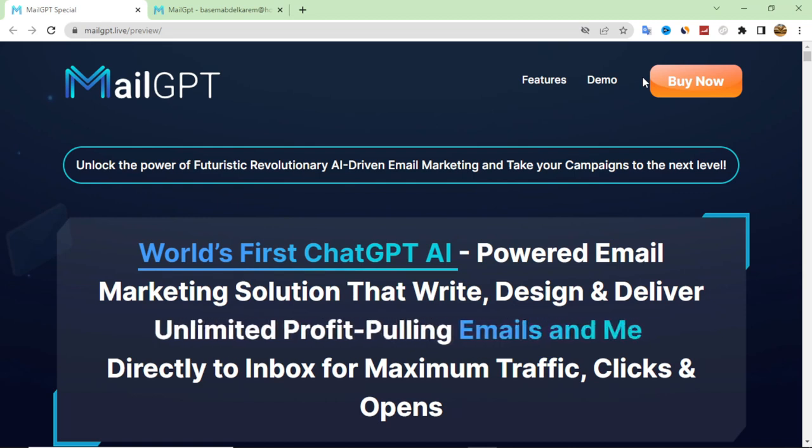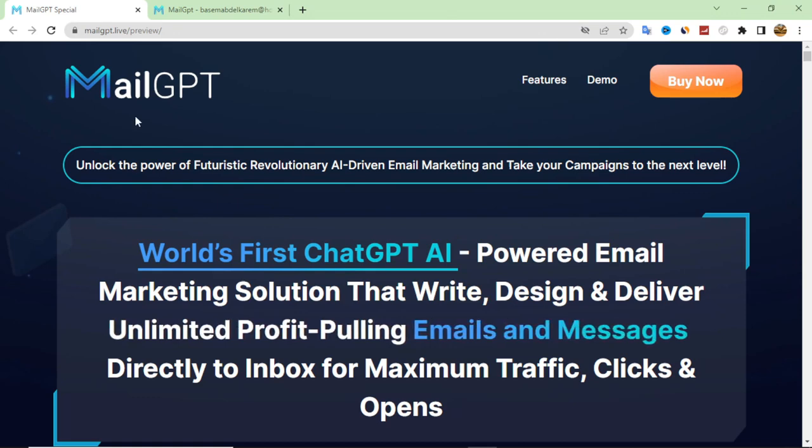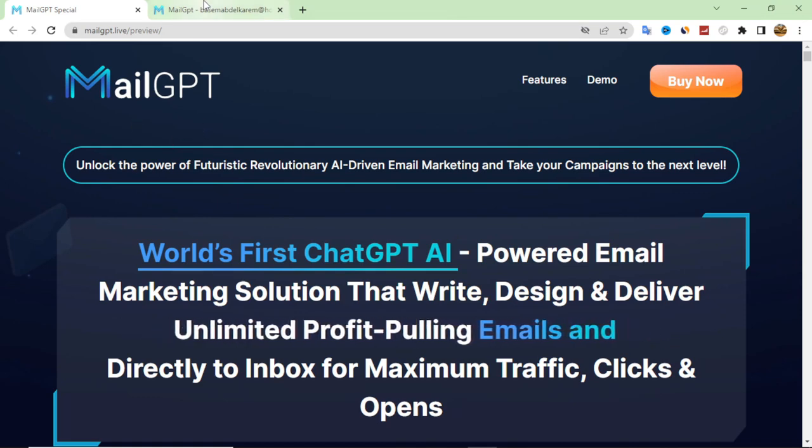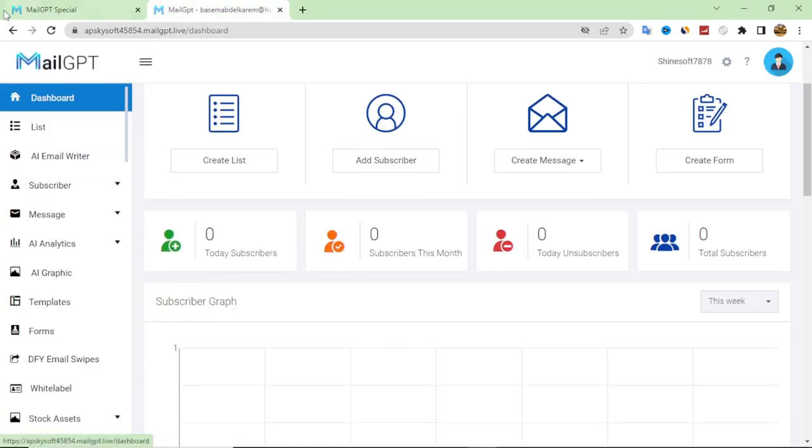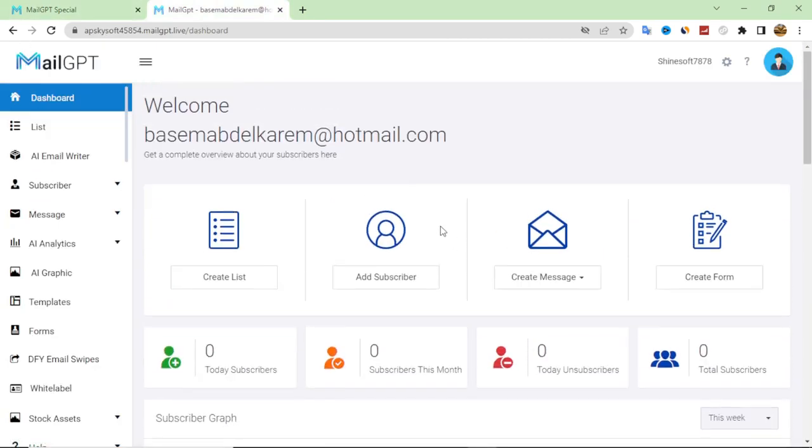Today we review a site called MailGPT. We will know everything about this software and discuss it from inside. As you can see, if you purchase MailGPT, you will find this dashboard. I will show you this dashboard from inside, and also I will show you the full demo about this software